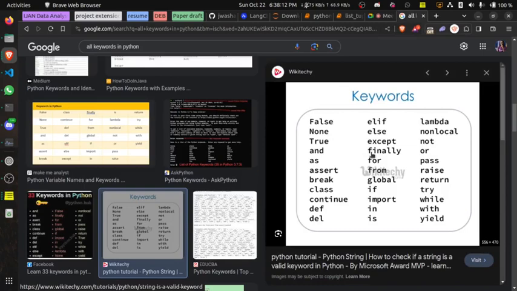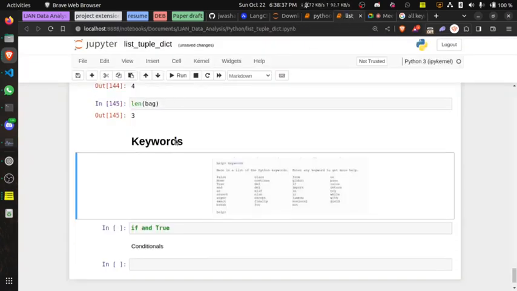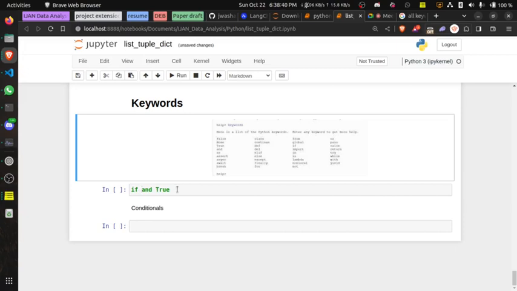So I mentioned that a keyword is a set of words that are dedicated to doing a particular thing in Python. They mean something, and because they have been dedicated to doing something, you cannot use those words as a variable name. For instance, I want to create a variable and I decide that I want to use maybe true.